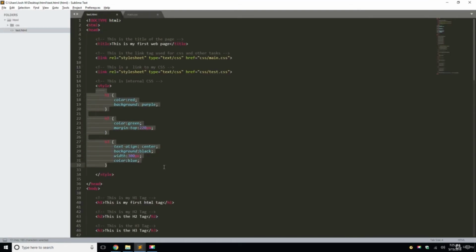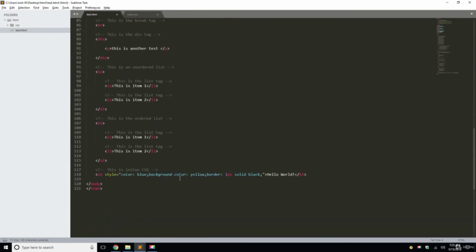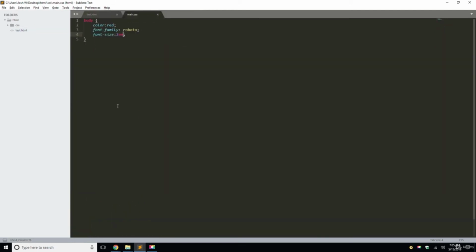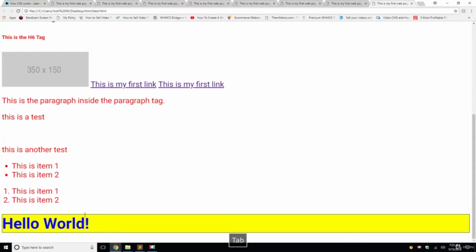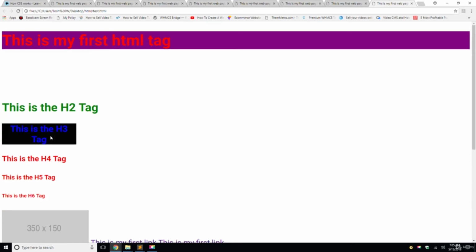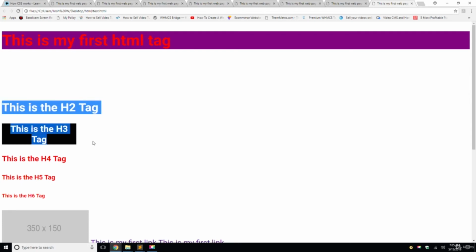Anything you did here in the internal CSS or the inline will overwrite the external. Okay? So that's why you see hello world is bigger, but the properties have stayed the same because it was internal and inline. This was inline and this was internal. The purple background was internal, and I gave it a color of red, so it already had that property. But these two, because they were internal,